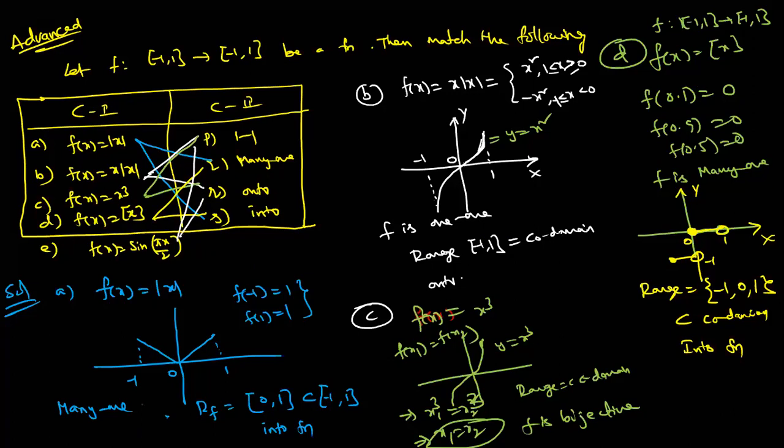P, R. Conclusion. Dear students, what is here? Q comma S. B. Anyone? P comma R. What about C? C is what? P comma R. What about D? Q comma S. What about E? P and R. So these type of observations are very, very important here, students.